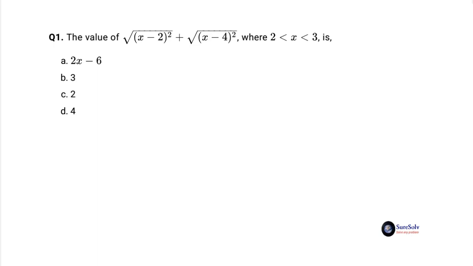Let's first make the three concepts of squares and square roots very clear. First truth of taking square root is you cannot take a square root of a negative value. For example, root over minus 16 is imaginary and we won't deal with imaginary numbers unless it is specifically mentioned. Second truth is the result of a square root function cannot be negative. For example, root over 16 is always 4, it cannot be minus 4.